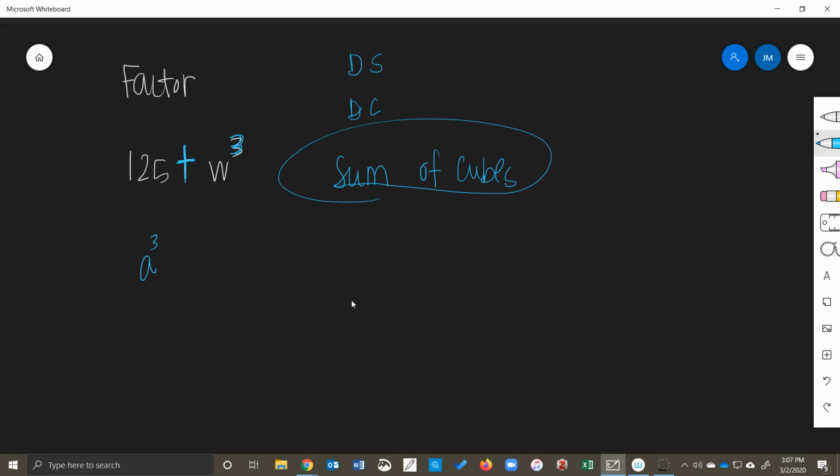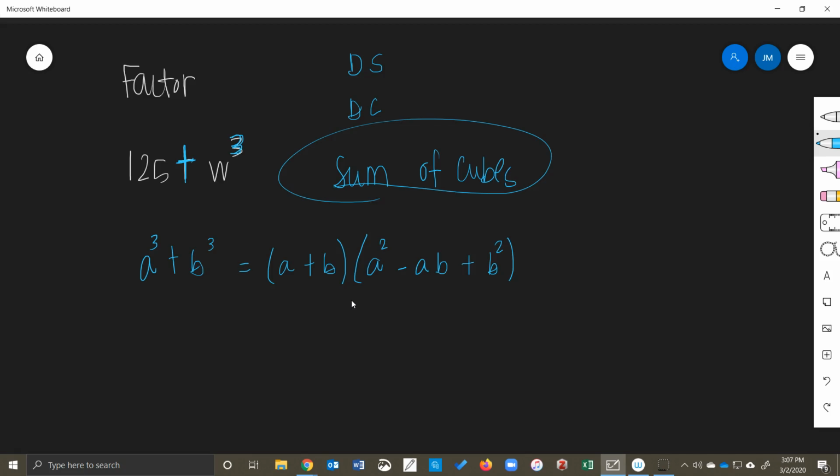If you have an a cubed plus b cubed, if it fits that format, then what you're going to do is take the cube root of a cubed and b cubed, and that cube root will give you a and b. And once you've identified a and b, you're going to use those two things to figure out the rest of this. You're going to take that a and square it, and subtract a times b. You're going to multiply a and b together and subtract that, and then you're going to add on the end, you're going to take that b and square it right there. Okay, so